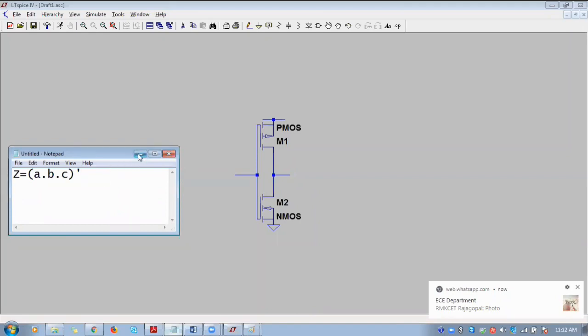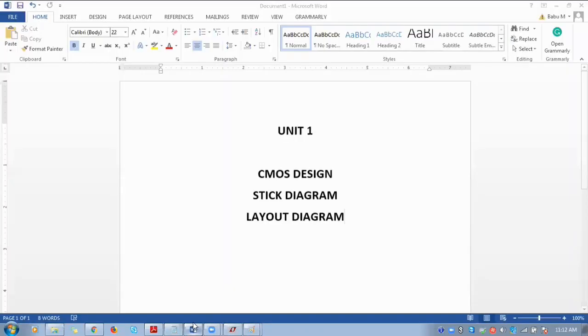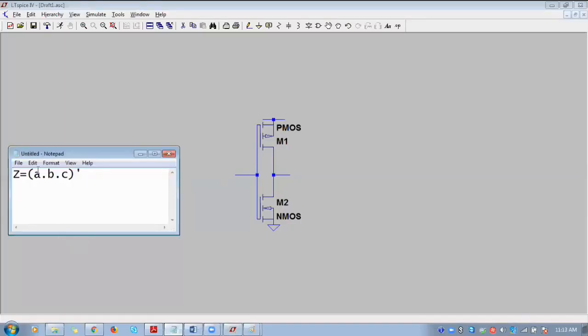So if you want to design a normal logic, after designing the inverted logic, you have to use an inverter. I'm keeping this inverter as it is here for future purposes. So I'm designing this particular logic, A dot B dot C this time.